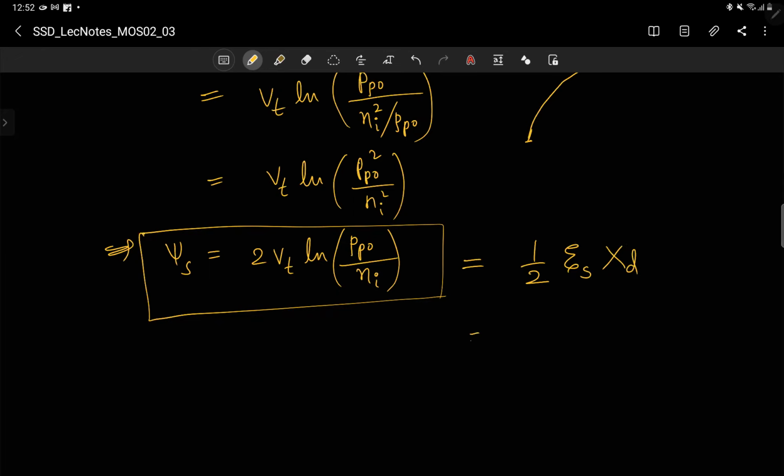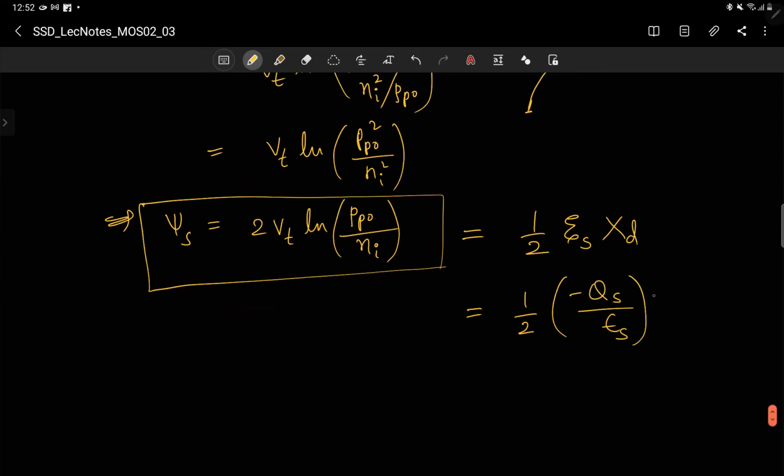I will finish this derivation in 10 minutes, so please bear with me. So half times epsilon s times Es, sorry, I'm just using epsilon very often. Es is minus Qs by epsilon s, and this is xd,